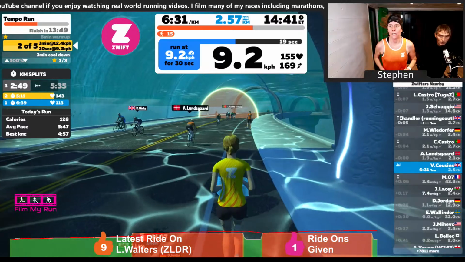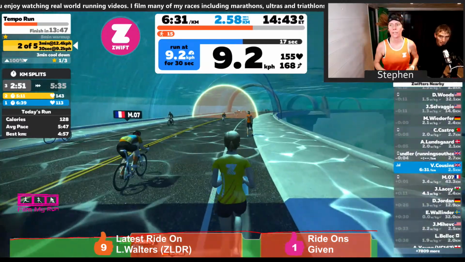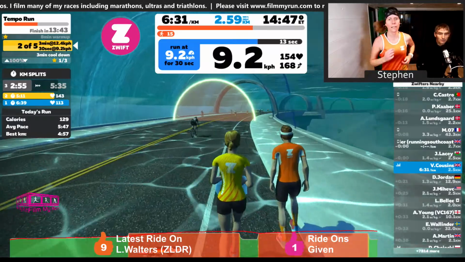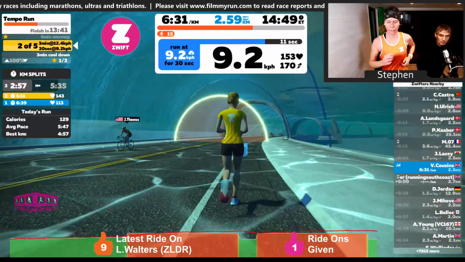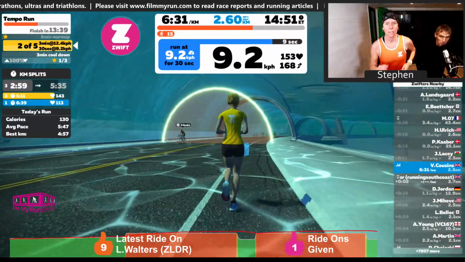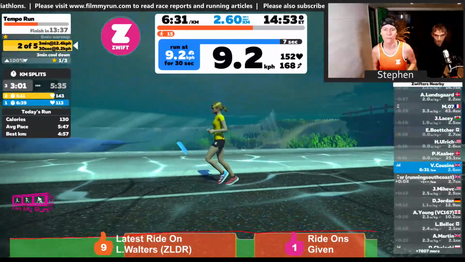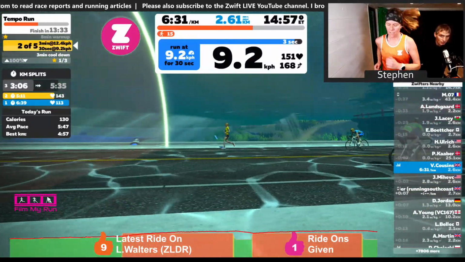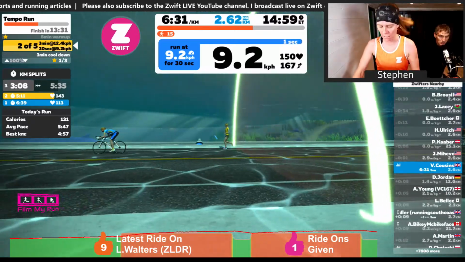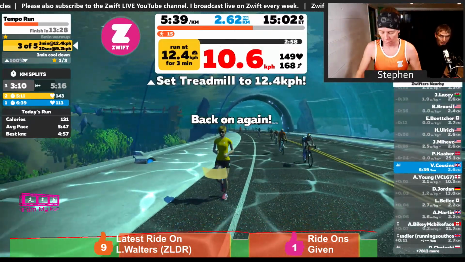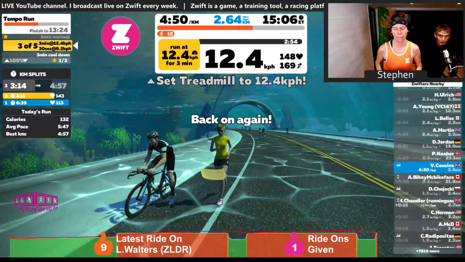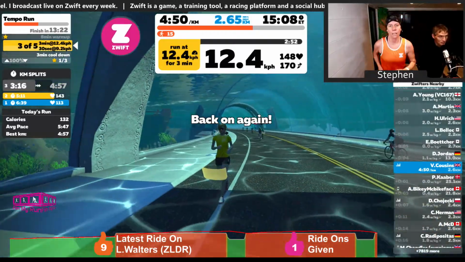You can just get on with concentrating on running form, your stride length, your cadence, and making sure that you're running as efficiently as possible on the treadmill. And also, Victoria's saying things like intervals feel better to do on a treadmill because you can concentrate more on your interval running.